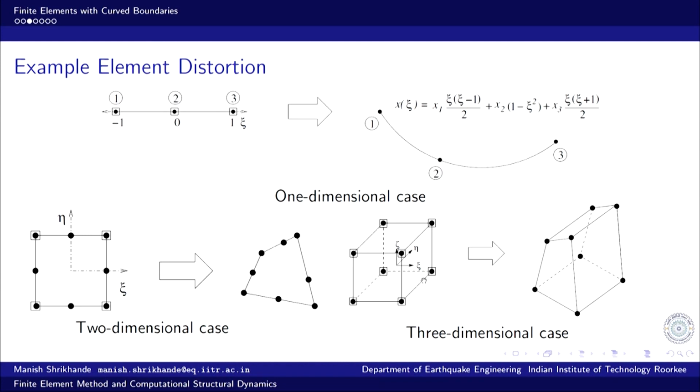Now, the only point that needs to be mentioned here is 1-to-1 correspondence. Every point in this element domain, the undistorted elements are referred to as parent elements, and these are called distorted elements. So, every point in the interior of the domain of parent elements has to have a 1-to-1 correspondence with a corresponding point in the distorted domain. Now, this can be violated.